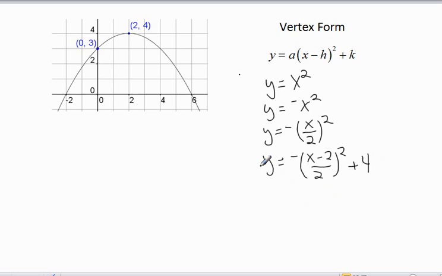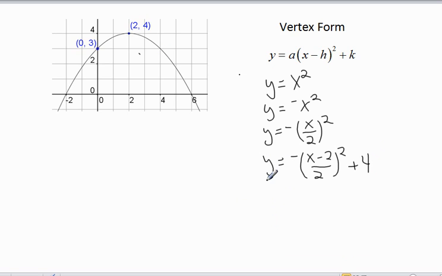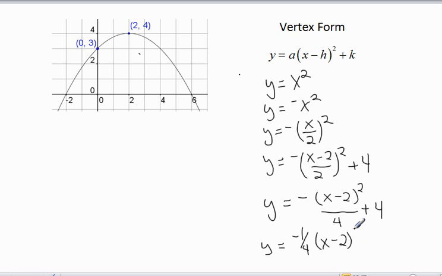Now back in the chapter where we're doing scale change and translation, this had been where we'd quit on this, but I'm going to expand this right here. I'm going to do that square, and at least I'm going to do part of it. So I'm going to rewrite it in the numerator. I'm going to leave x minus 2 squared. Denominator I'm going to square, and I'm going to write it as 4. And then I'm going to rewrite this first term right here. This is a negative 1/4, and it's x minus 2 squared